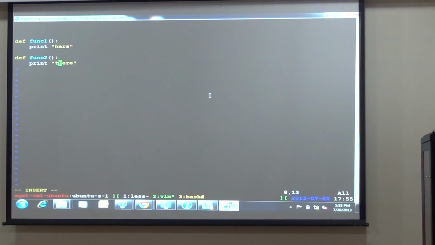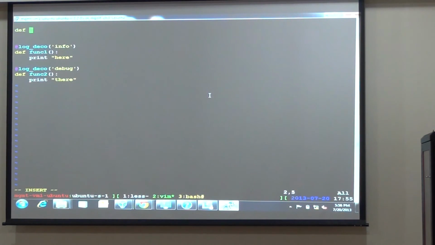So the idea is that suppose you want a decorator to record access when these functions are called. Suppose you want to log stuff, right? So if you have a log decorator, this guy should do info logging, and this guy should do debug level logging. The way I run it in my mind is to look at it from bottom to top. Don't look at the decorator function first, that confuses me. Log decorator.